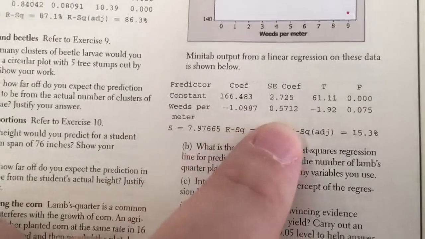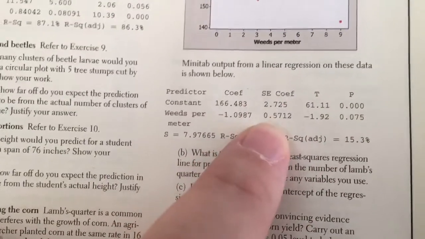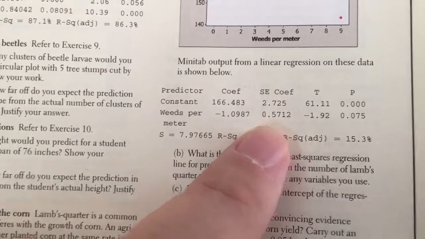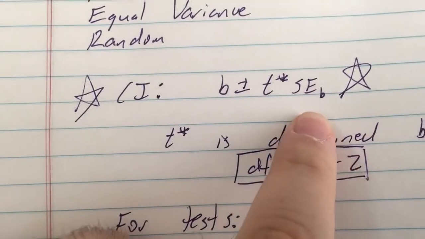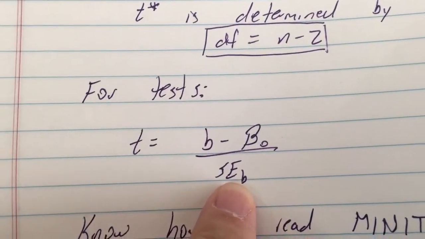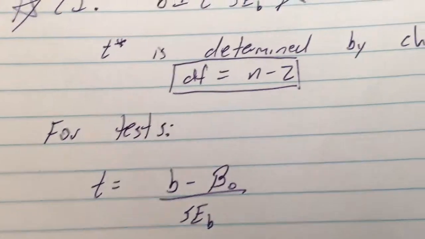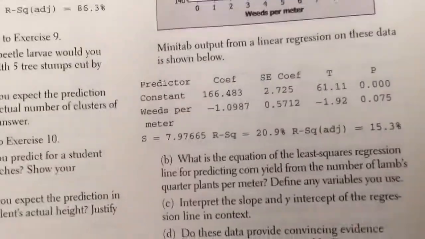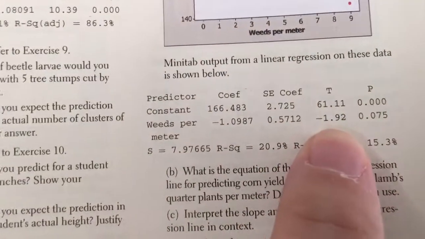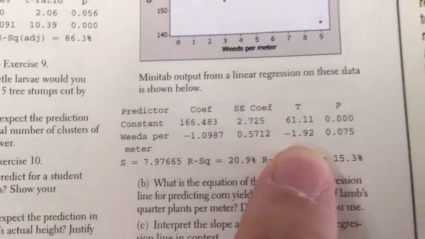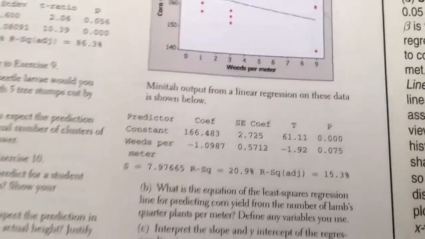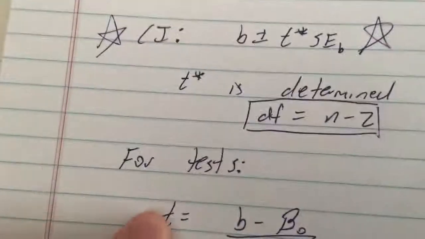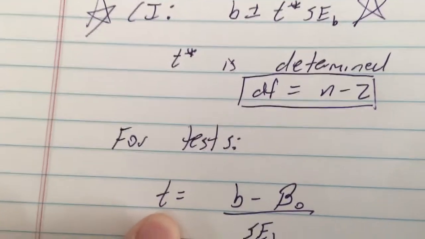We're never going to do anything with those three numbers right there. But on the bottom, these are important. Standard error coefficient 0.5712, that number is this number, and it is this number. So that's kind of important. You need to know that number for both of these formulas. Then this t, negative 1.92, this is really important. That t is this t. It is not